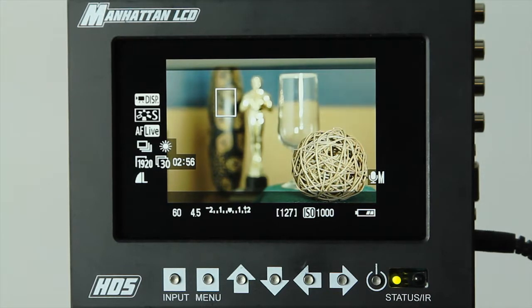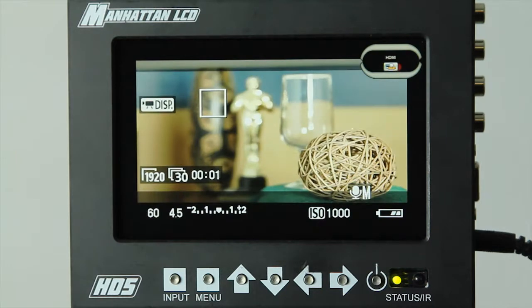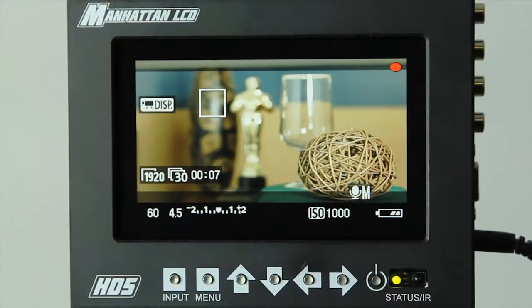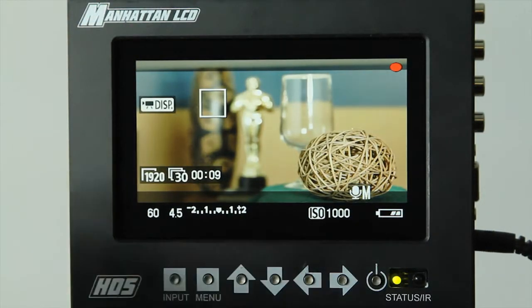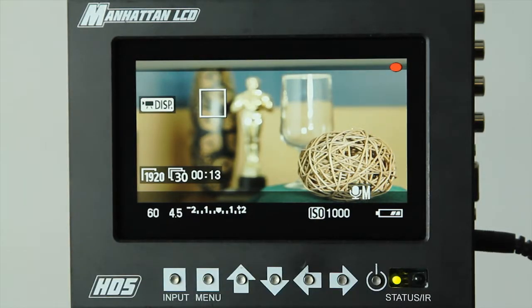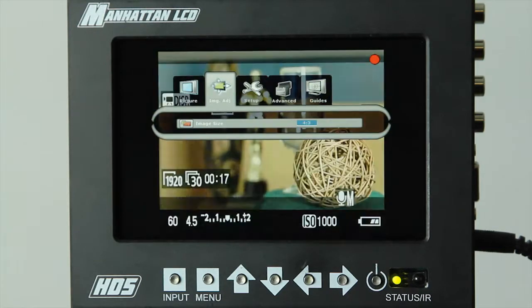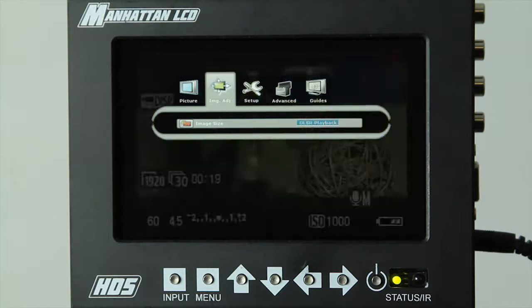So if we hit record, we can also see that the image drops down to a standard definition, and again it's being displayed in 16:9, but we have black information being displayed all around here. So this isn't taking full advantage of the size of the LCD, plus we don't have proper aspect ratios to work with. So if we go into our image size and we go into the customized settings for DSLRs, we